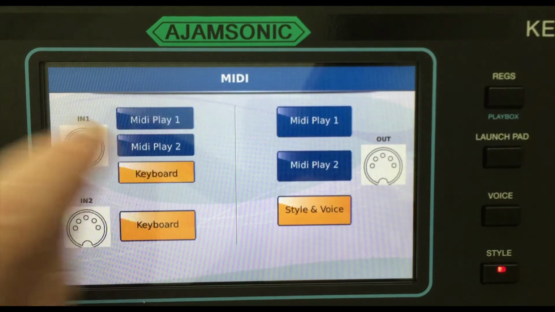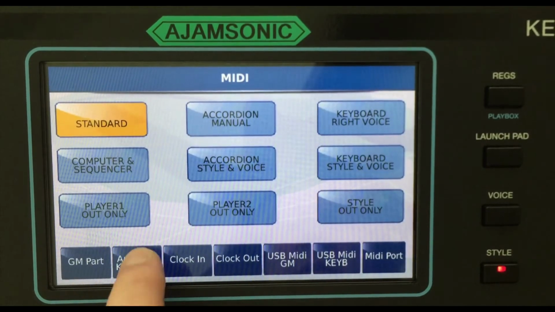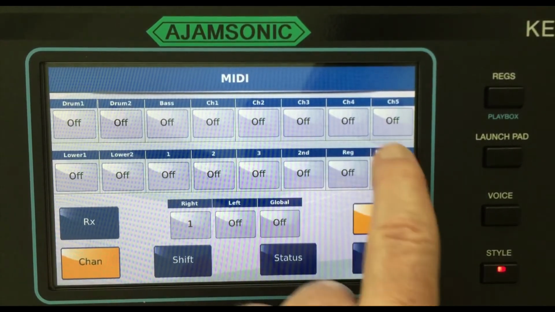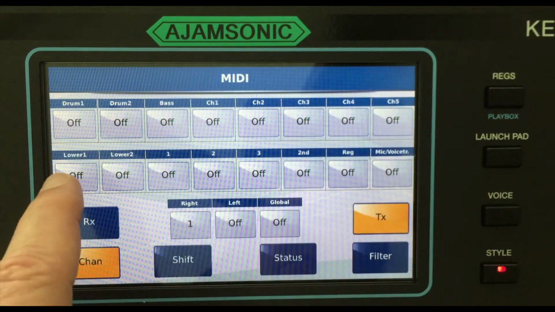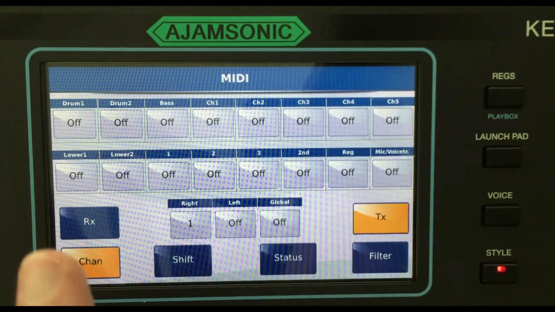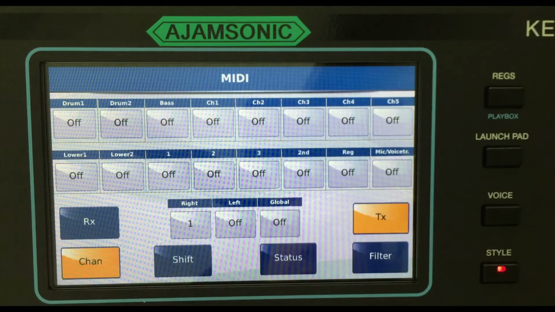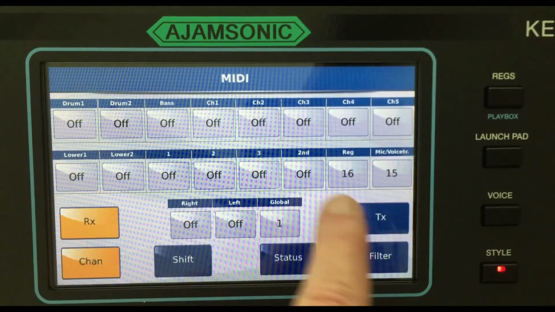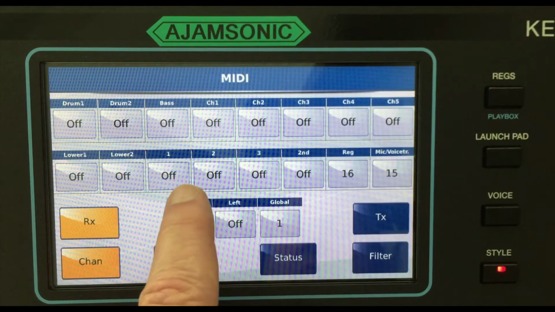If you go down to the keyboard mode and you're using input 1, that gets into accessing these things, chords 1, 2, 3, 4, 5, drums, the bass, the second voice. That's okay, but it may not work exactly like you would like. Oops, let me turn on receive. They're all turned off, but you get my point, is that you can configure those the way you want it